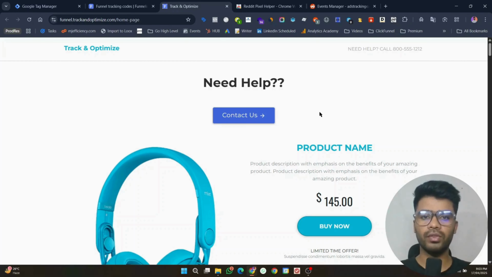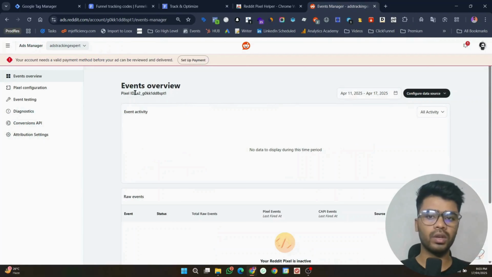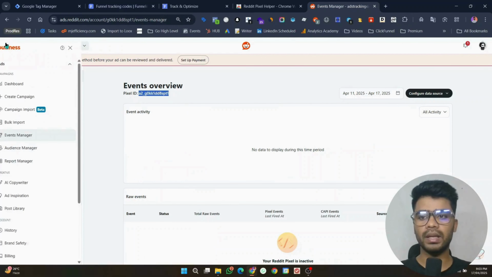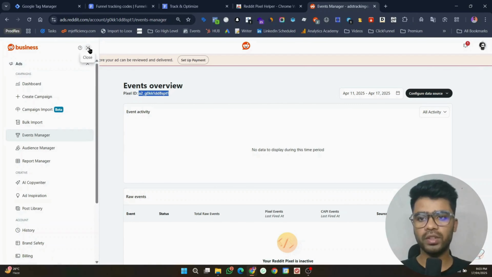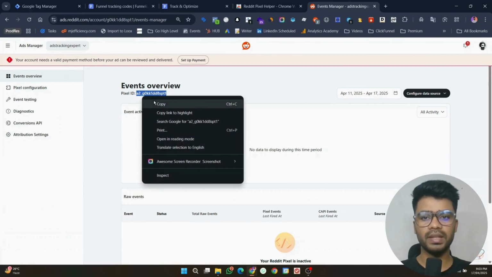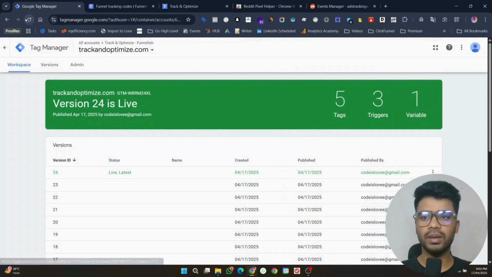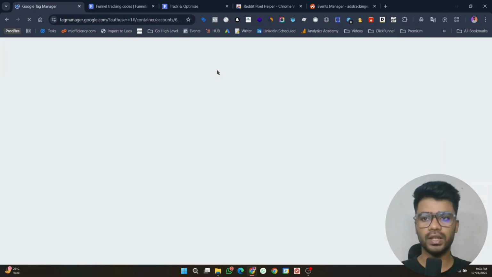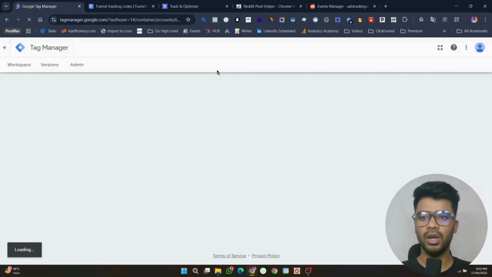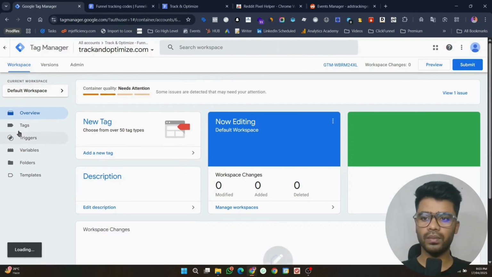So now we will be configuring Reddit pixel conversions for our Funnelish funnel so that you can track them through your Reddit ads. Just come to ads.reddit.com and under there choose event manager and that's it. Copy that pixel ID and go to your tag manager where we have already connected our GTM with our Funnelish funnel. You can check that in the first video of this playlist where we integrated GTM with Funnelish. So now what we need to do is tags